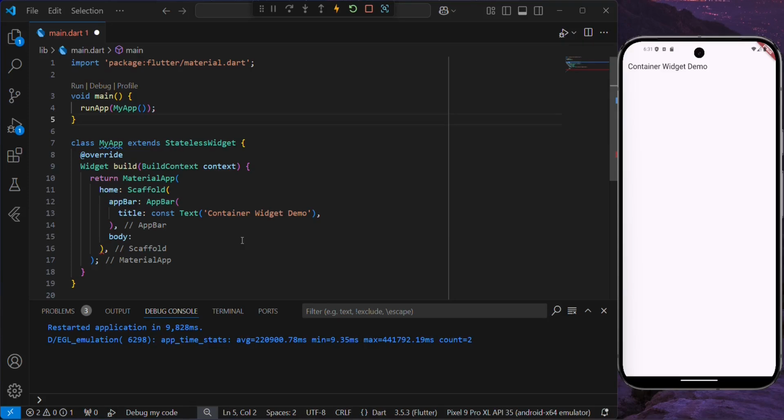Today we'll be diving into one of the most versatile and commonly used widgets in Flutter, which is the container